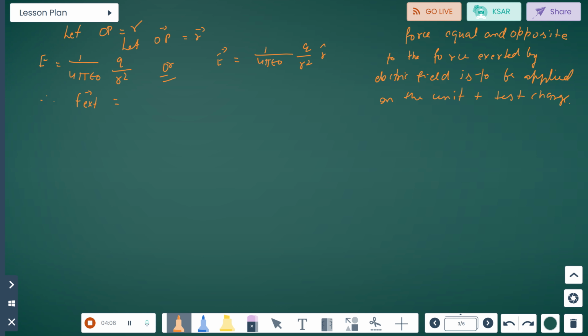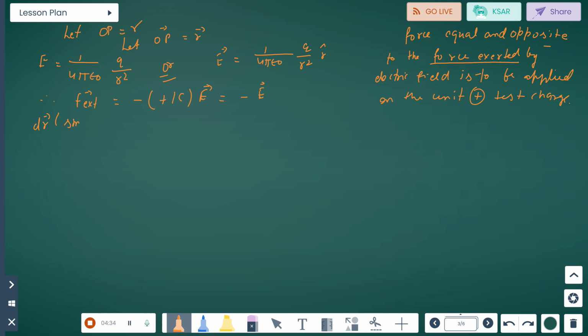For a unit positive test charge, the external force equals minus E, as we have a 1 coulomb charge. So we get minus E. For small displacement dr,